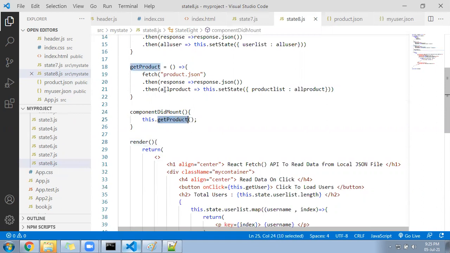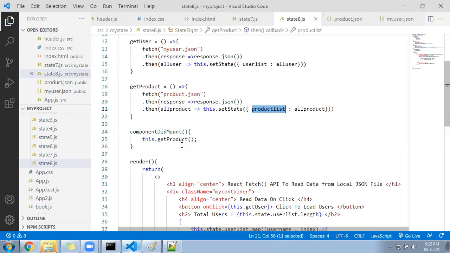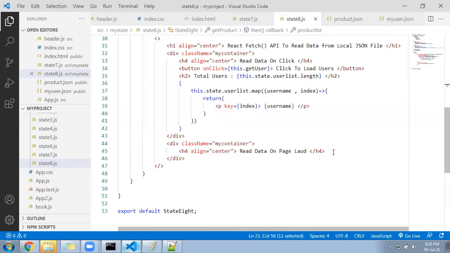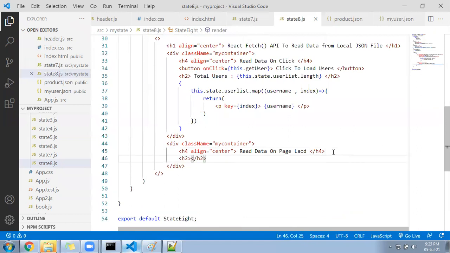Okay, now come back. I got the array called product list. That product list length we need to display here. So this is done. That's all. It will read the data from the JSON file automatically on page load. Now I'll show how to print the length. So go to the second block and write here one h2, and under the h2 you print here the total